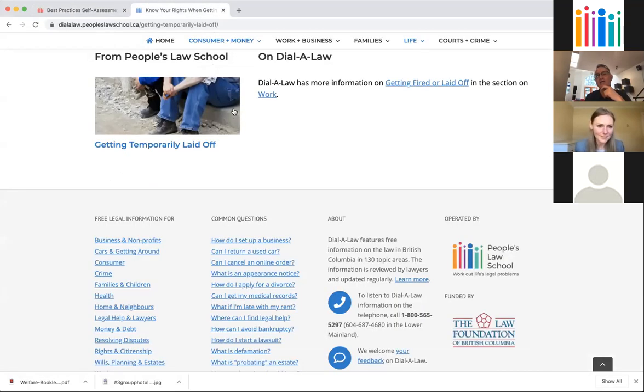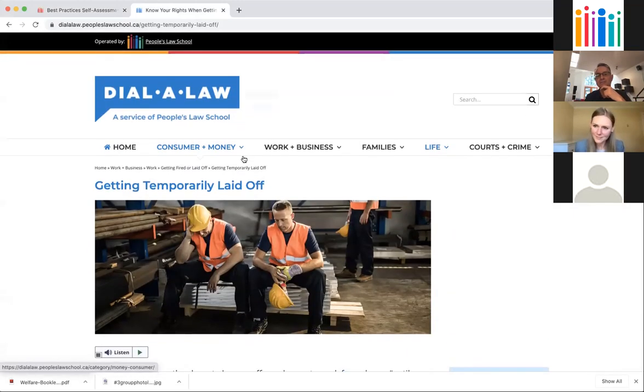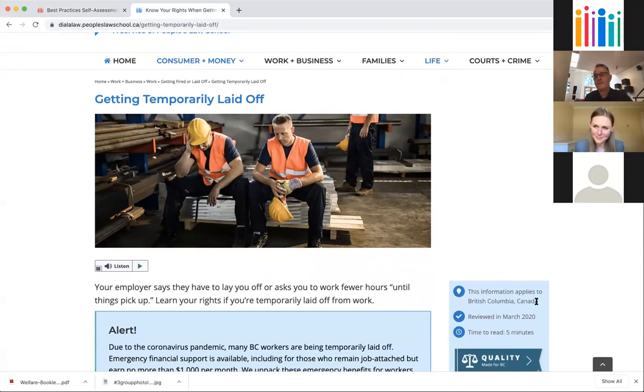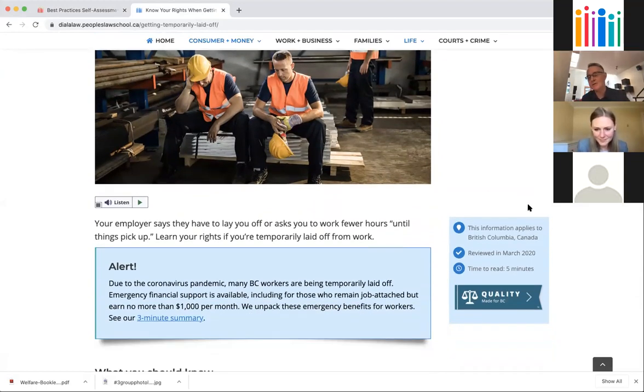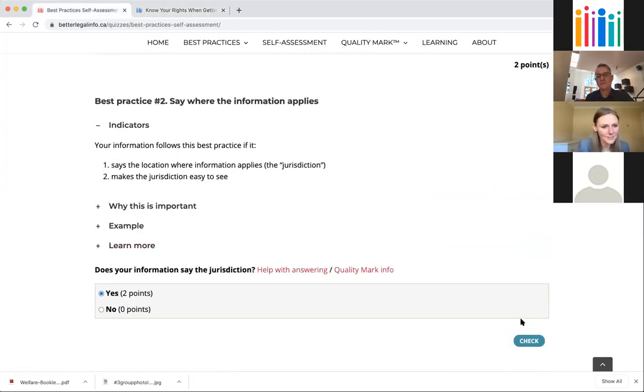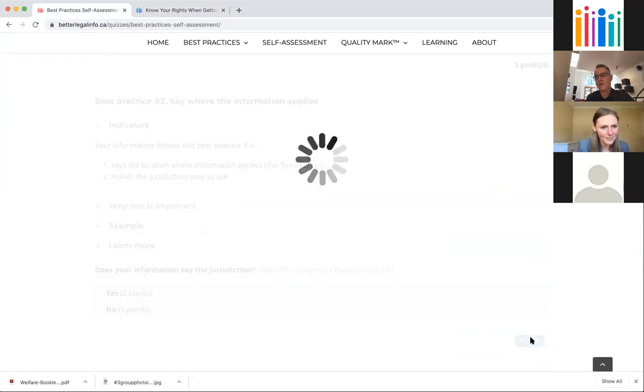So going back to my information here, this page on getting temporarily laid off, we're indicating over here on the page in this shaded box, this information applies to British Columbia, Canada. So for that best practice, we need one of the indicators, so we can confidently say yes